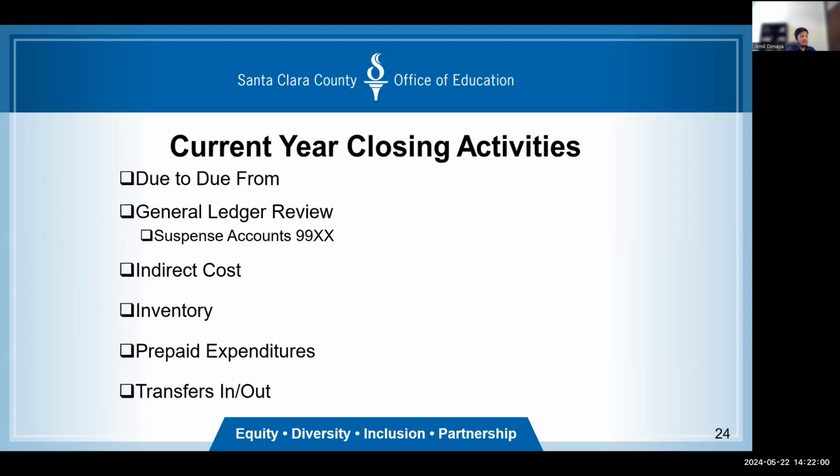And your indirect costs, make sure these are looked at and have been calculated and recorded. The inventory, verify that your GL matches your physical inventory. And for prepaid expenditures, you want to verify if you are paying in advance for services that affect multiple years and book a prepaid expense. And your transfers in and out should always equal. Next slide, please.